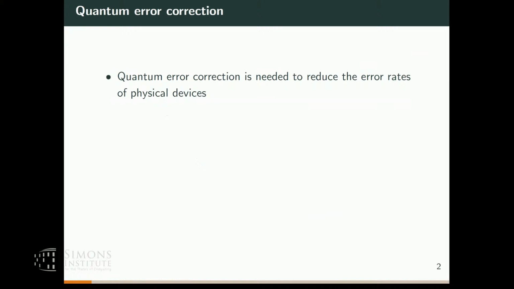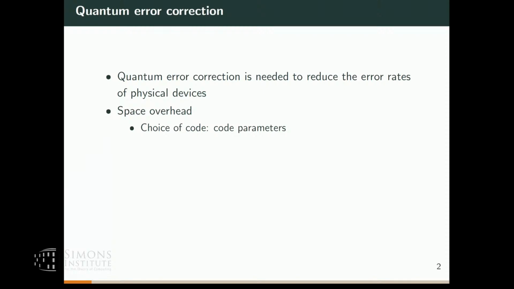And so the main problem that quantum error correction tries to address is that we have very noisy devices, and then we want to lower the error rate in order to do some computation. And so the idea is that we redundantly encode the information in some bigger dimensional Hilbert space so that we can actually detect the errors. And yeah, because we have this redundant encoding, then there's going to be some overheads involved.